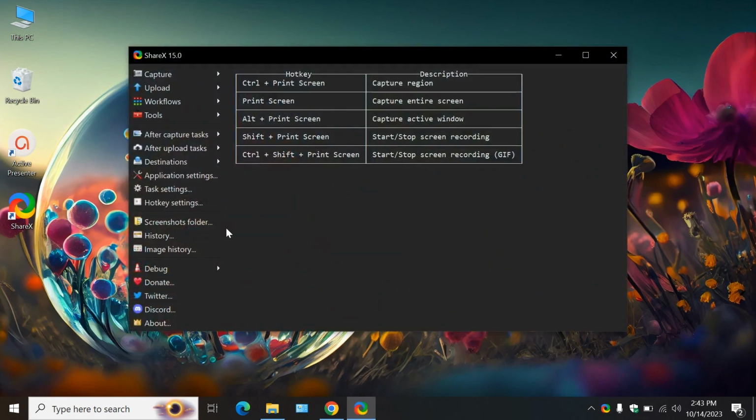Okay, here you see our ShareX screen recorder is launched, and at the top it is showing us the hotkeys: Control plus Print Screen key to capture the region, Print Screen key to capture the entire screen if you want to capture the full screen. These are the hotkeys. You can also change them. Okay,